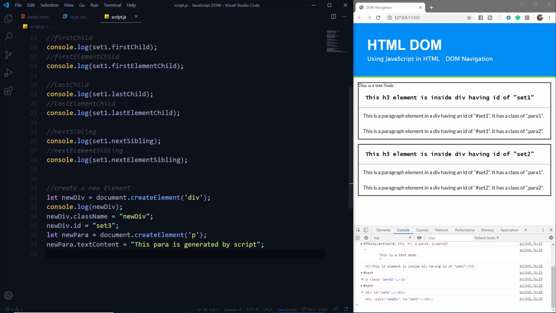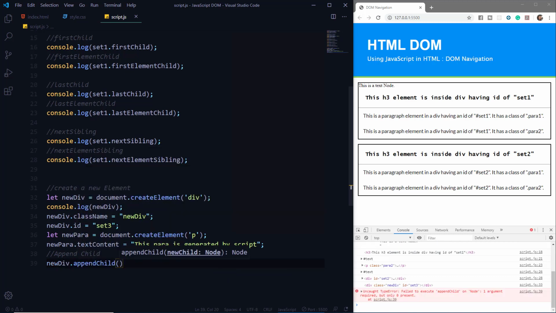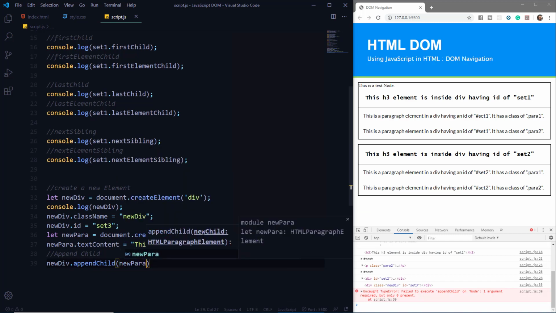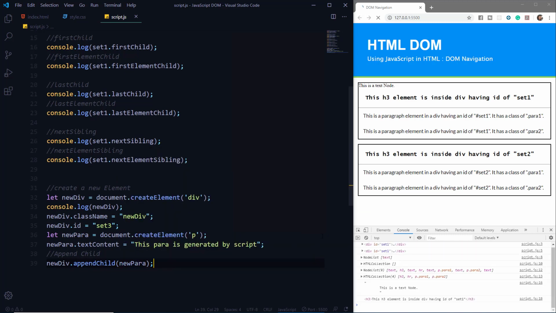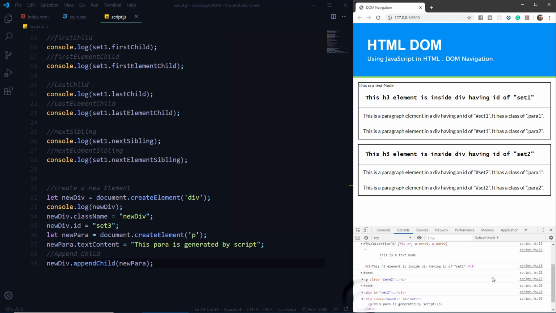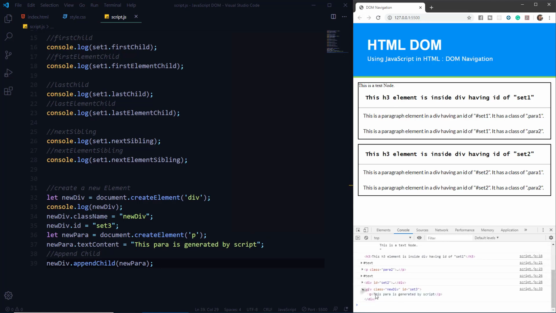Now we need to add this new para variable inside the div. For that we can use a method known as appendChild. We can write newDiv.appendChild and we can pass the parameter as newPara. And you can see that the div is now having the paragraph element which we just created.